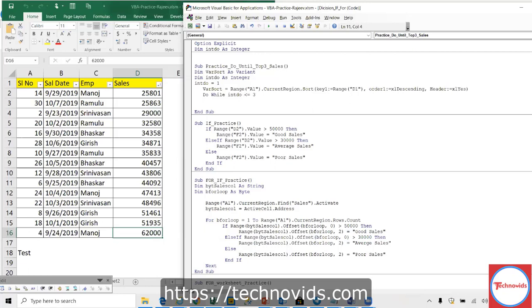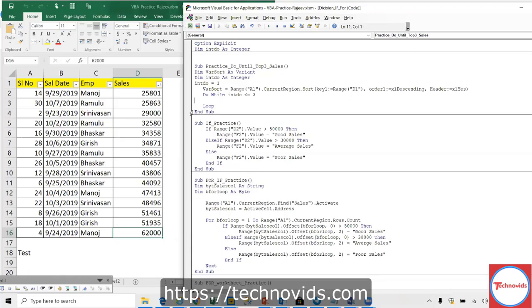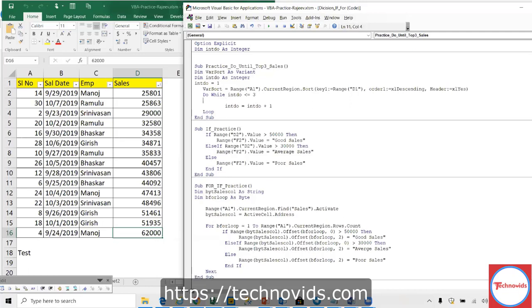Till it becomes, that's what I'm doing. Do while, right? Loop, right? All right. Now I have to increase here. Increase by 1. That's the first thing.